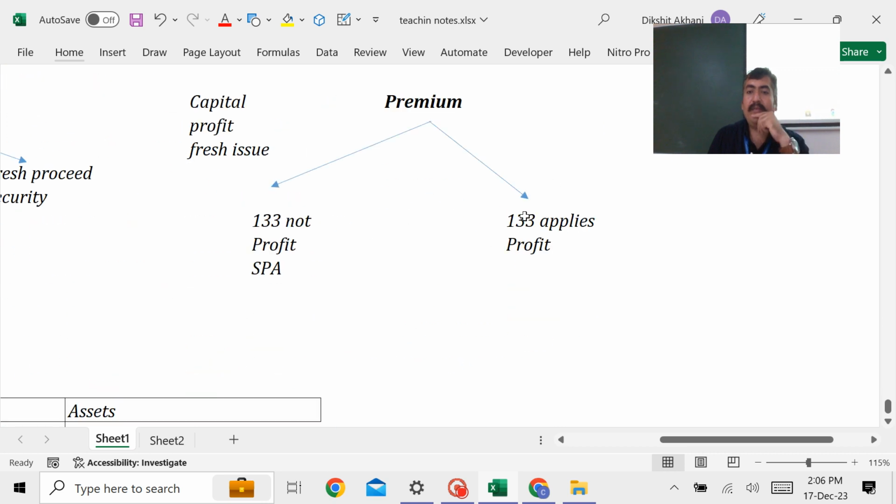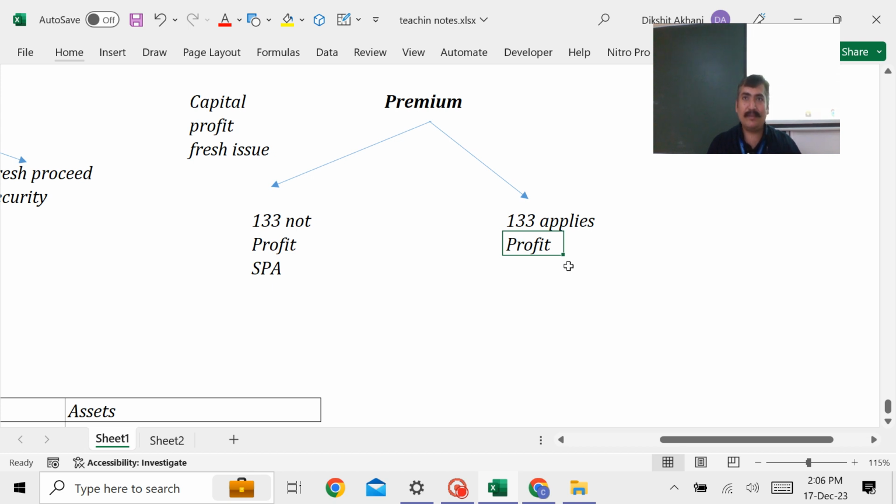If 133 accounting standards are applicable, it doesn't matter whether you comply or don't comply with the accounting standard. Security premium account is not available if you don't comply with the accounting standards. It is not available even if you comply with the accounting standards. So the only option left is profit. ये जनरली मैं नहीं समझाता बच्चों को, क्योंकि ये प्रोफेशनल लेवल का है, ये जरूरत भी नहीं है आपके लेवल की।